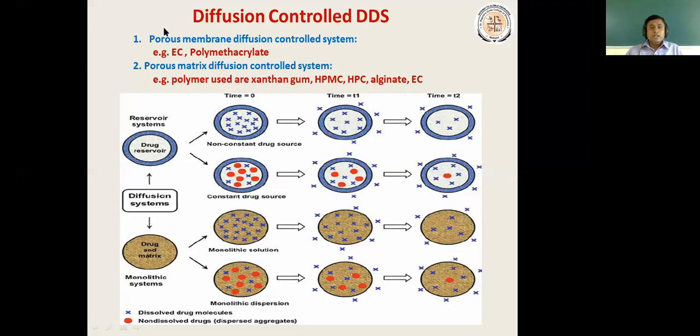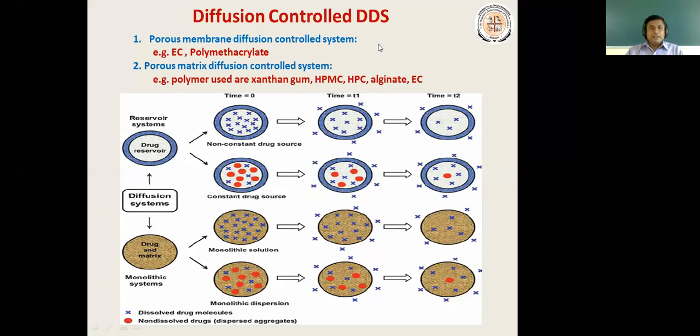Okay, so here the release of the drug from the formulation is controlled by diffusion, not dissolution. So diffusion means what? It is the movement of the drug. The drug may get diffused from the drug delivery system through the polymeric membrane, and it gets absorbed, and it shows the prolonged effect or prolonged release for the